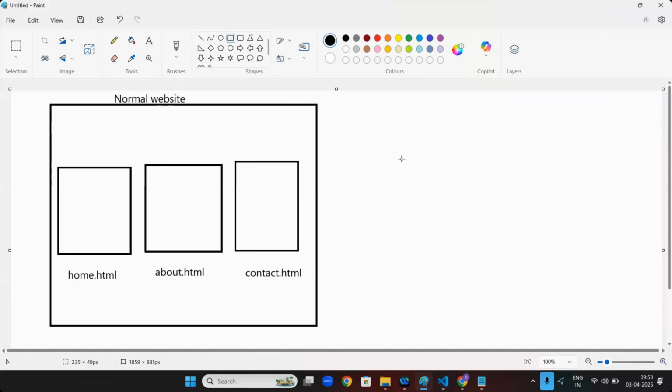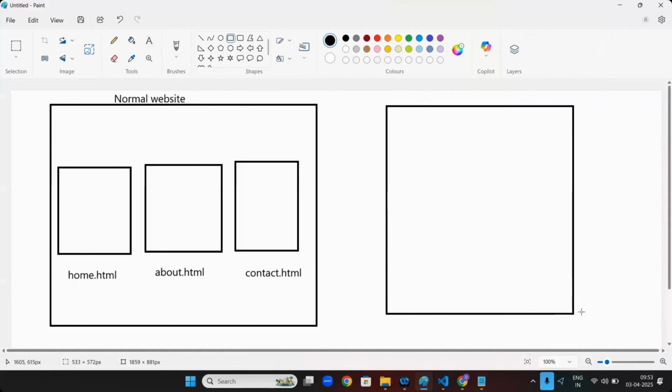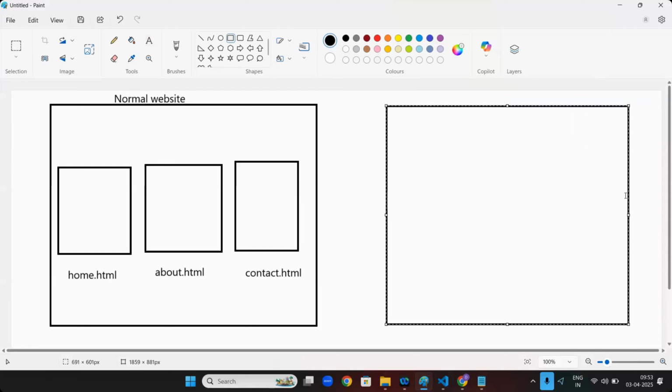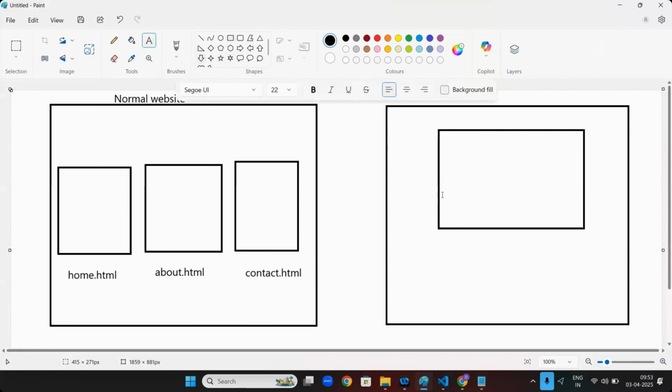So what will single page applications do, whether Angular or React? Everywhere it is the same concept. They will create one page only, called index.html.